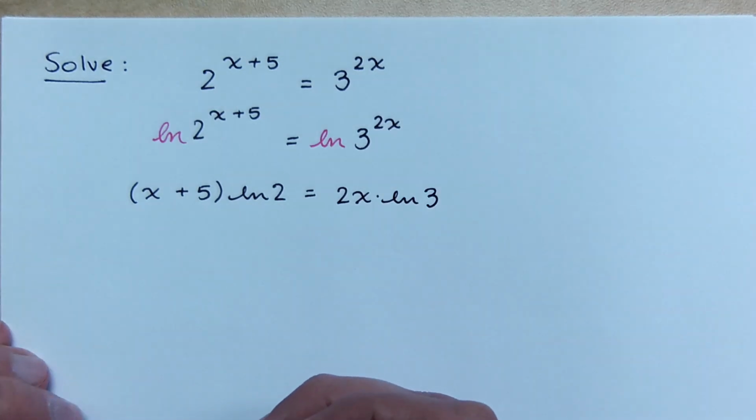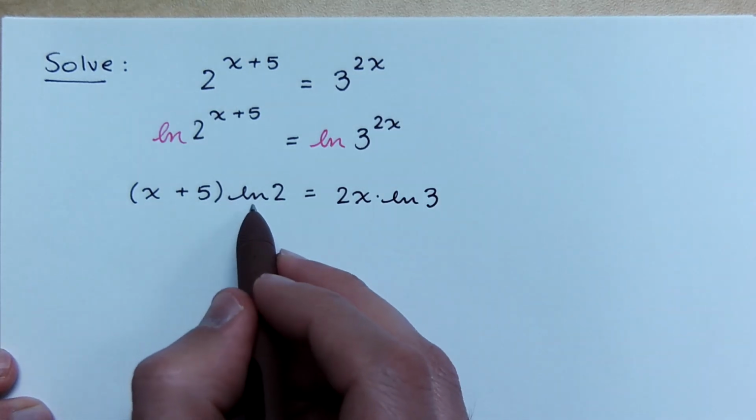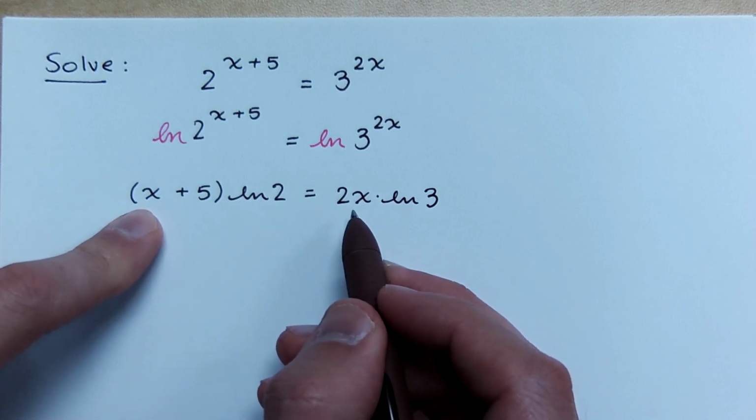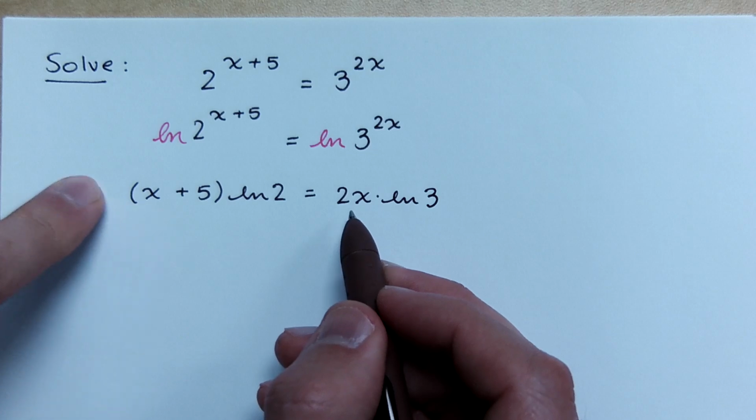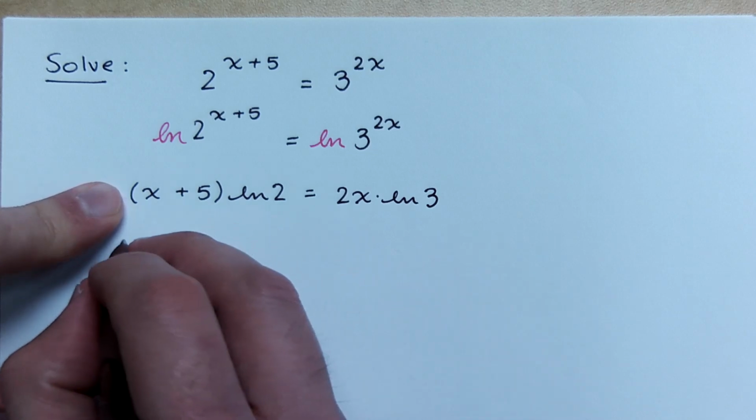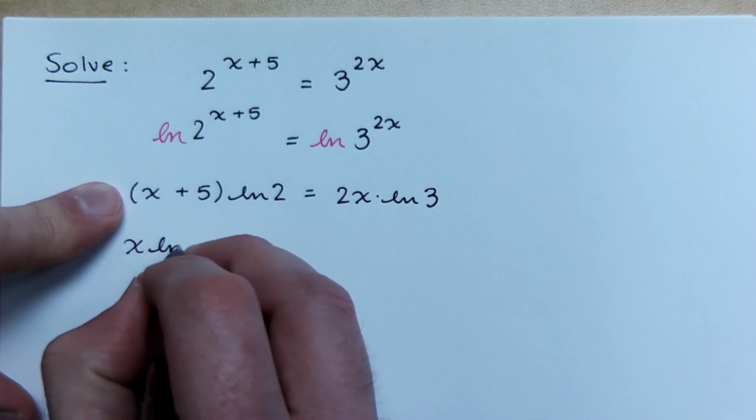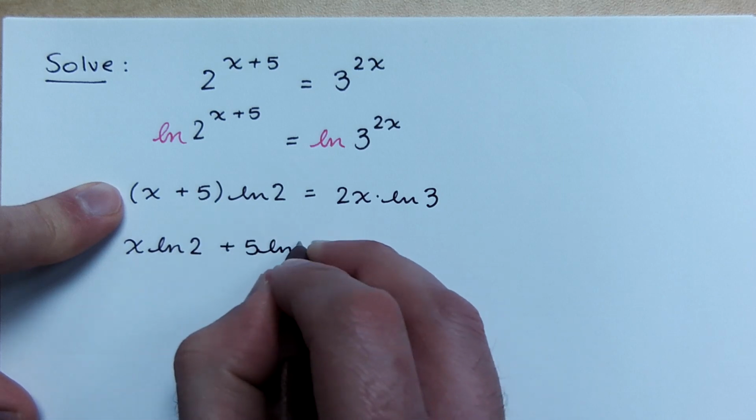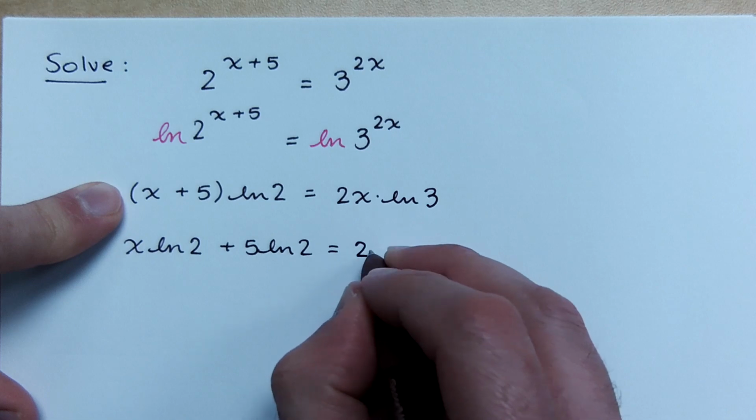Now this isn't like the last problem that we did where I could just divide by natural log of 2, because I've got x on both sides now, right? Yep. This is going to be a bit of a problem, but we can easily manage this. What you want to do is distribute. So x natural log of 2 plus 5 natural log of 2, and we just bring down the right side